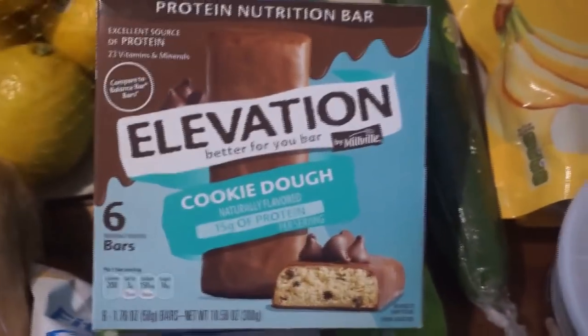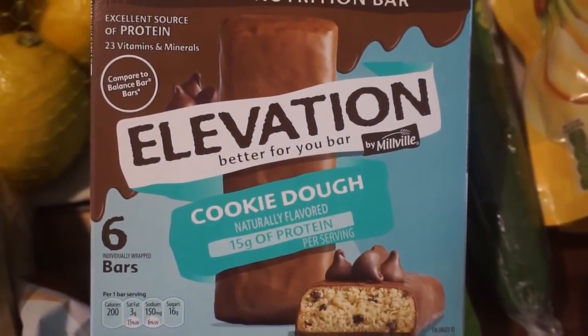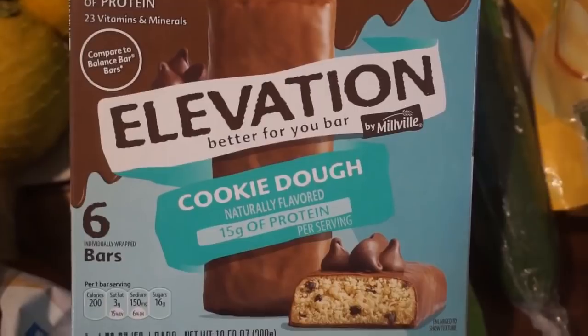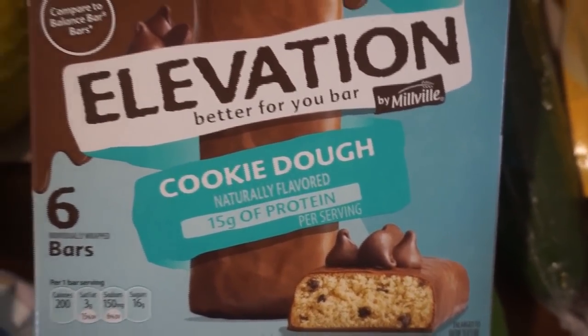These I'm gonna pop open after this video. I am starving, and these are like a meal replacement bar. Now I have not tried these, so hopefully they are good. I am trying the cookie dough flavor, so next week I'll let you know how they are, because I think